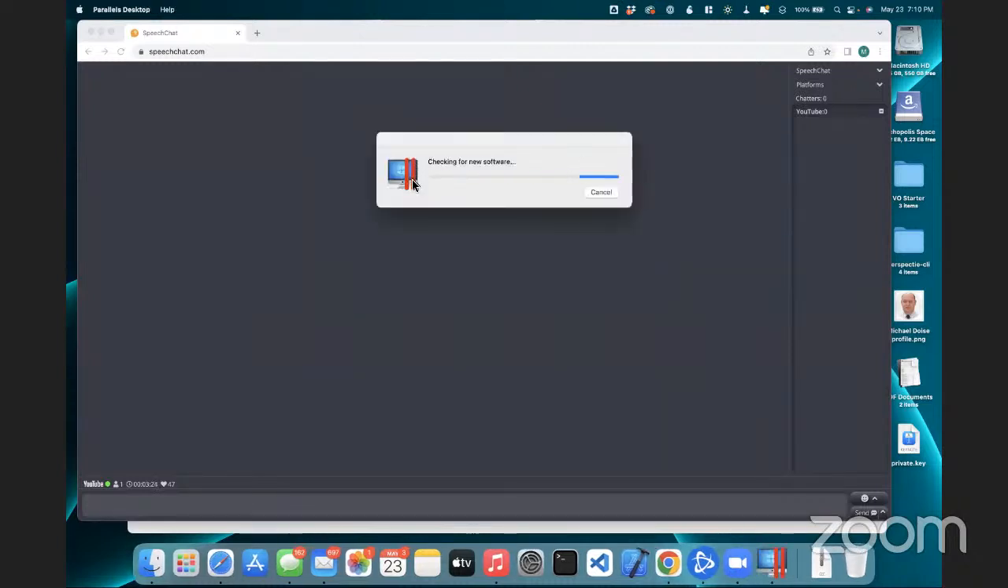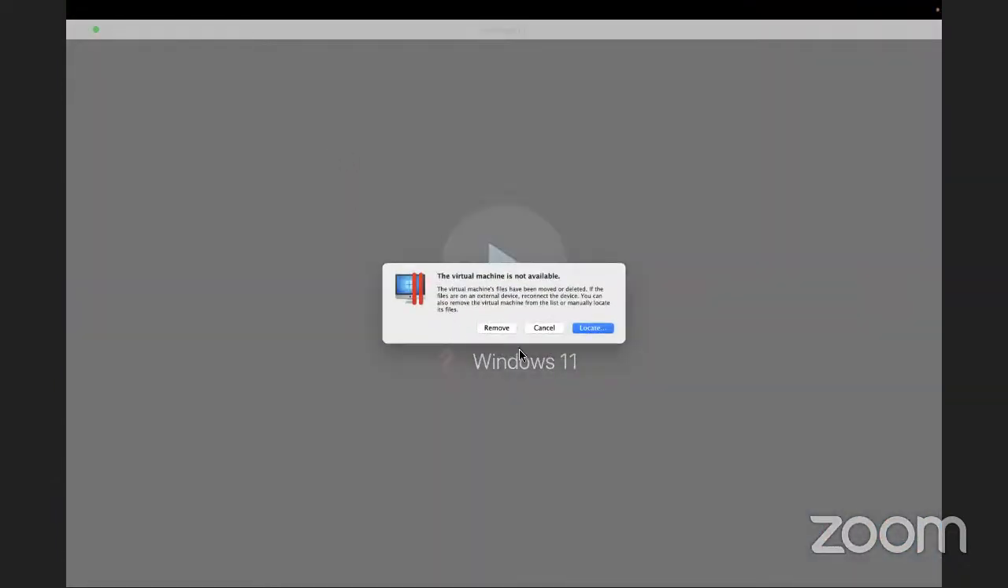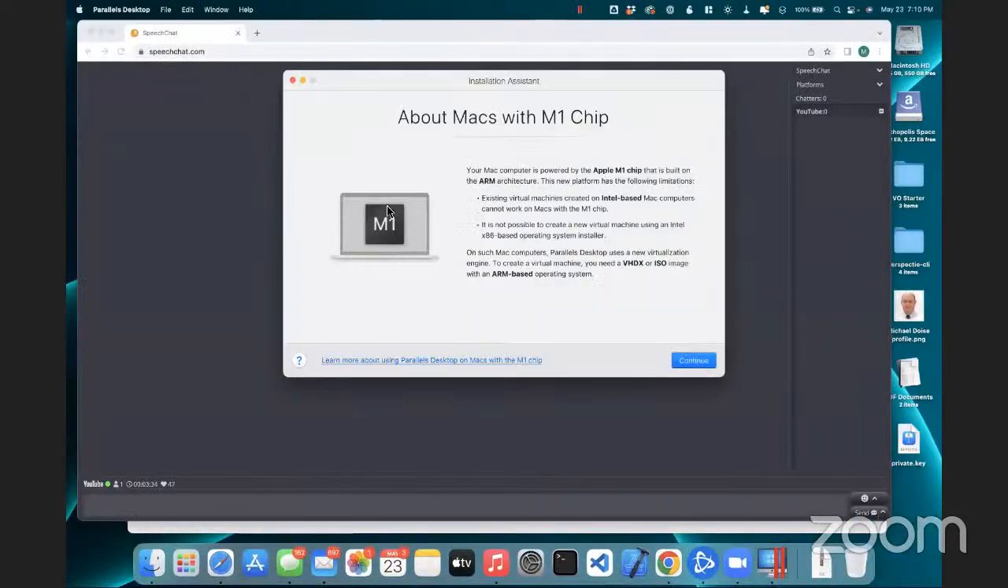Parallels Desktop. It's complaining because the last VM I had, I removed. It's talking about how your Mac computer is powered by the Apple Silicon M1 chip that is built on the ARM architecture. This new platform has the following